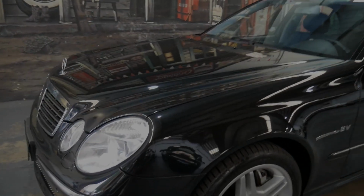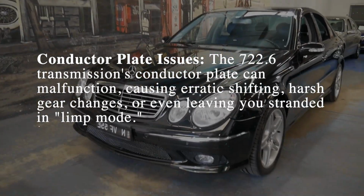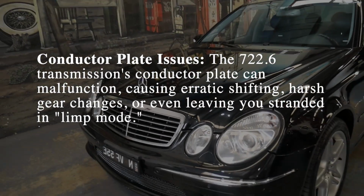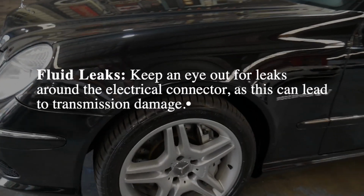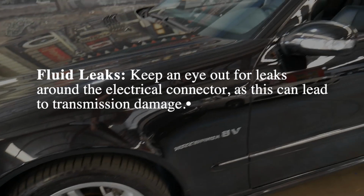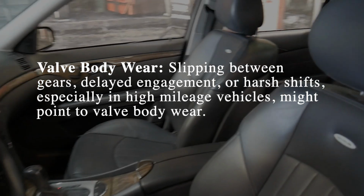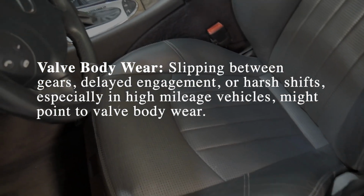Transmission, conductor plate issues. The 722.6 transmission's conductor plate can malfunction, causing erratic shifting, harsh gear changes, or even leaving you stranded in limp mode. Fluid leaks. Keep an eye out for leaks around the electrical connector, as this can lead to transmission damage. Valve body wear. Slipping between gears, delayed engagement, or harsh shifts, especially in high-mileage vehicles, might point to valve body